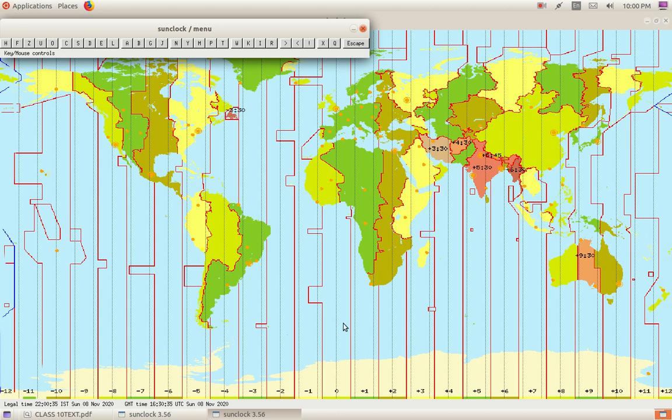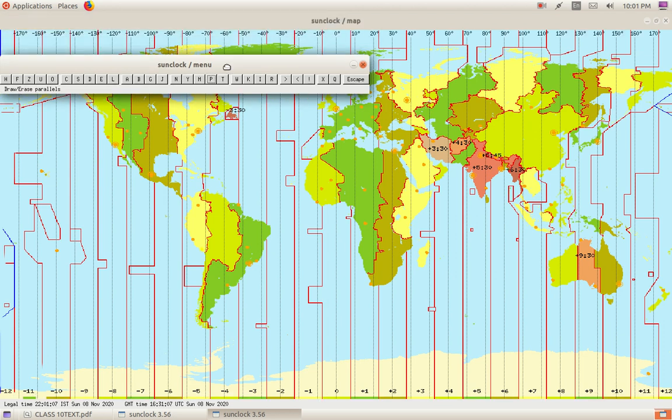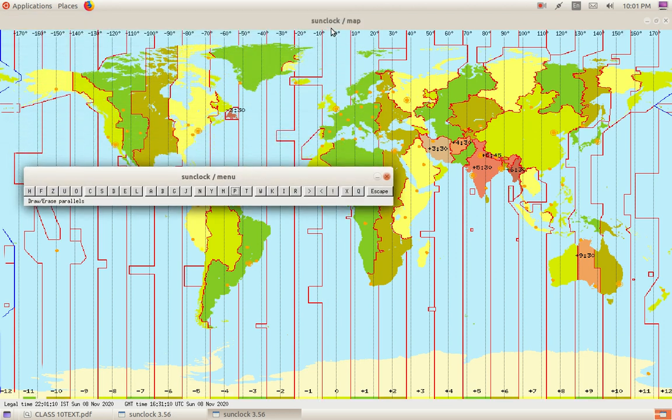Yes. Now once again I am going to click on M. When I click on M, what happens? The degrees come 0, 10, 20, 30, 40, and to the west it is -10, -20. Okay, like this. I got the degrees. Then once again if I am clicking on M, what happens? The degrees will go to the top. Clear? If you want to remove the degree, once again click on M.